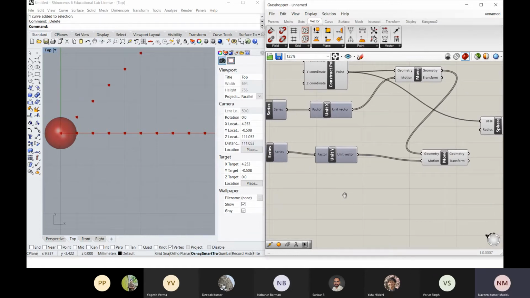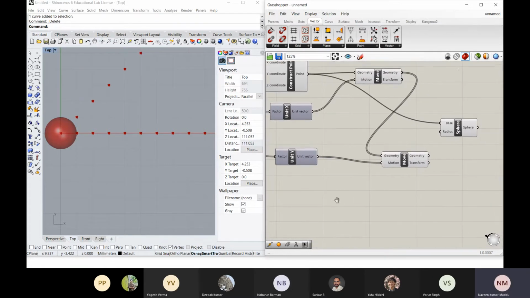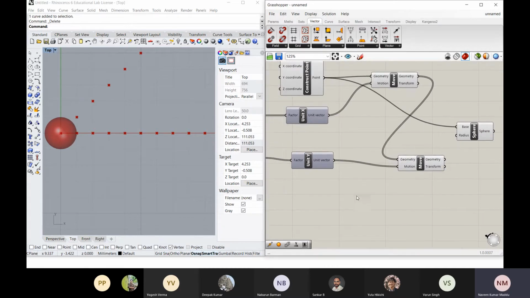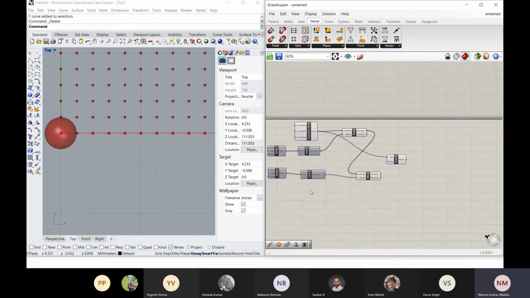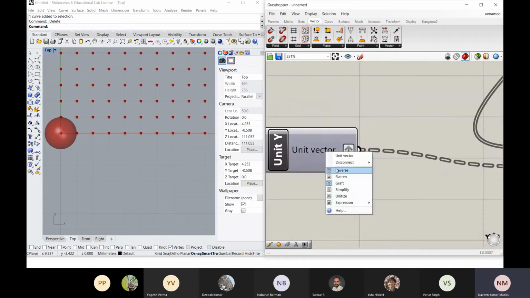I think there is some small entry here that I have to do. Yeah, graft it. There are some different data structures here. You can flatten; this is playing with lists only. If you have flattening, you have a different data structure. Let me show that.